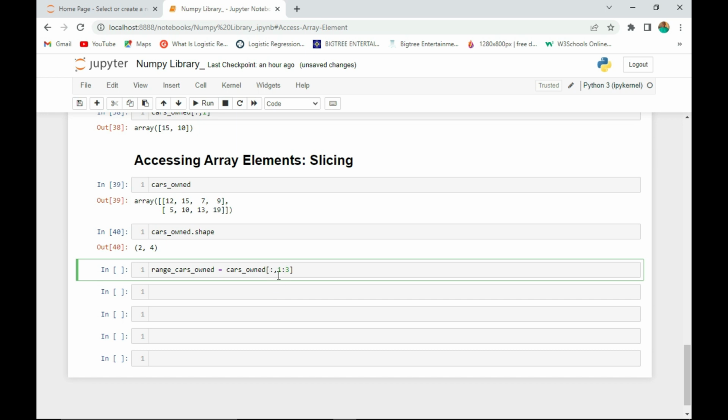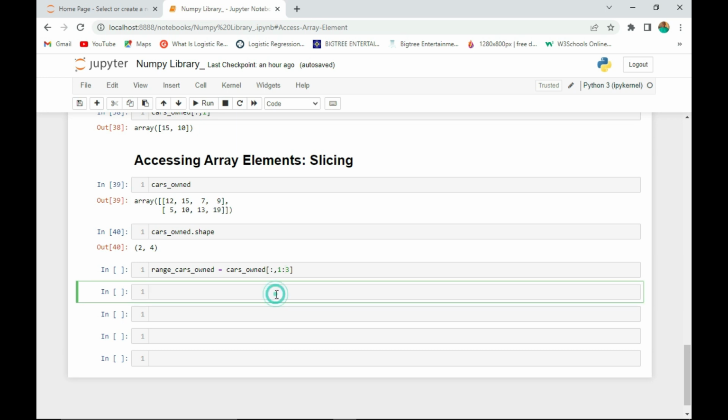So after the comma sign, we're having 1 colon 3, which means we want to access a range of values from index 1 to 3. And mind you, I told you that when you are doing slicing, the last value, this number 3, is not inclusive, but the 1 is inclusive. Alright. Now, if you are confused, you refer to the last class. So the range